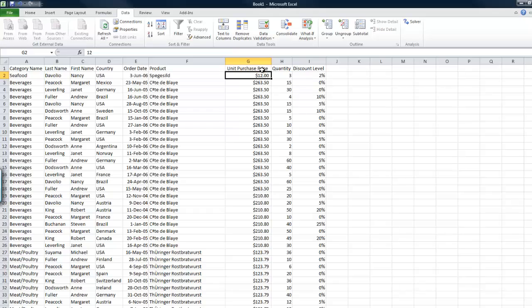One thing I notice is I have a purchase price and I have a discount. So I may be interested in knowing what the total gross price is by multiplying this column by that column. Pretty easy to do. I'll call it total gross and hit plus. Come over here and select that one and then multiply it by selecting that one,